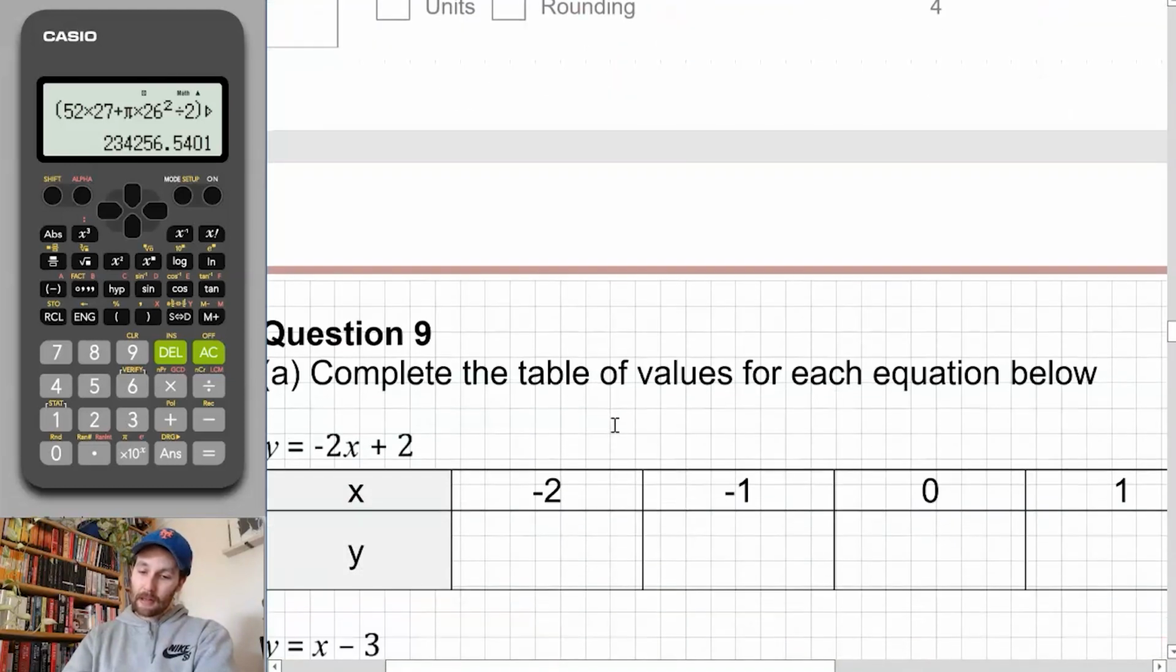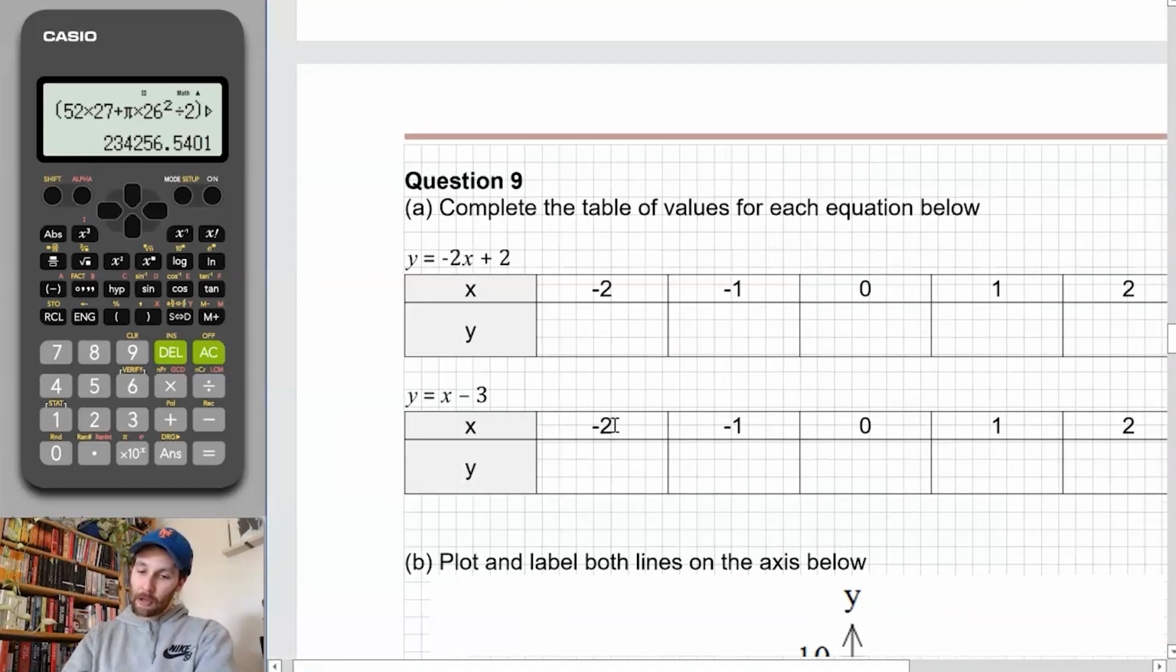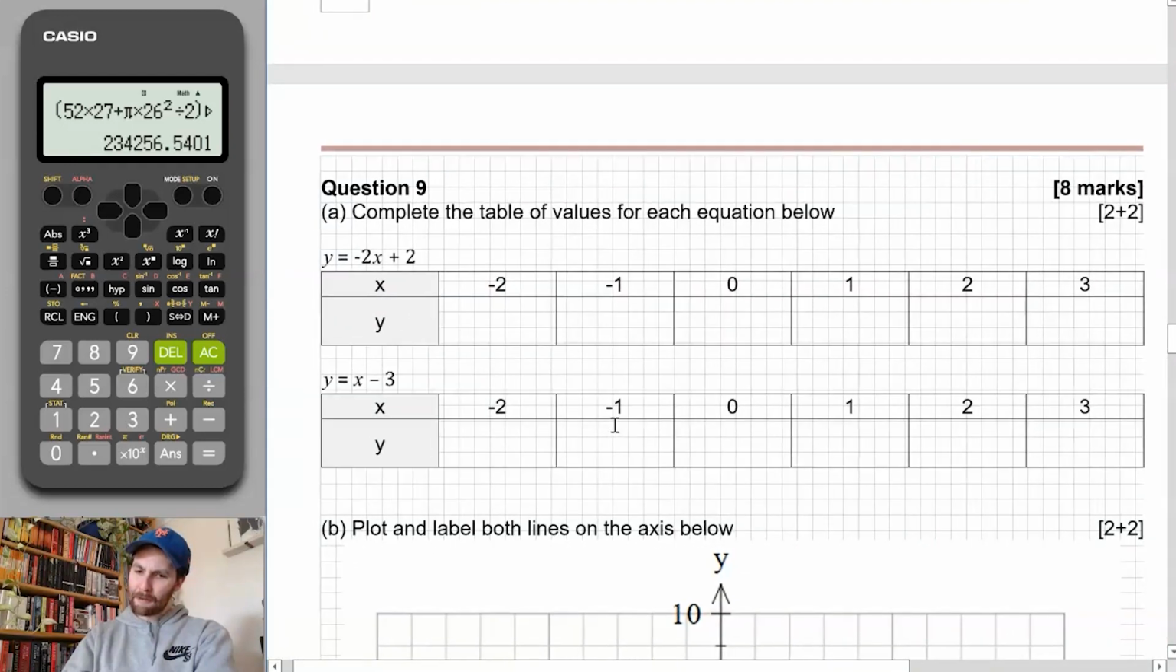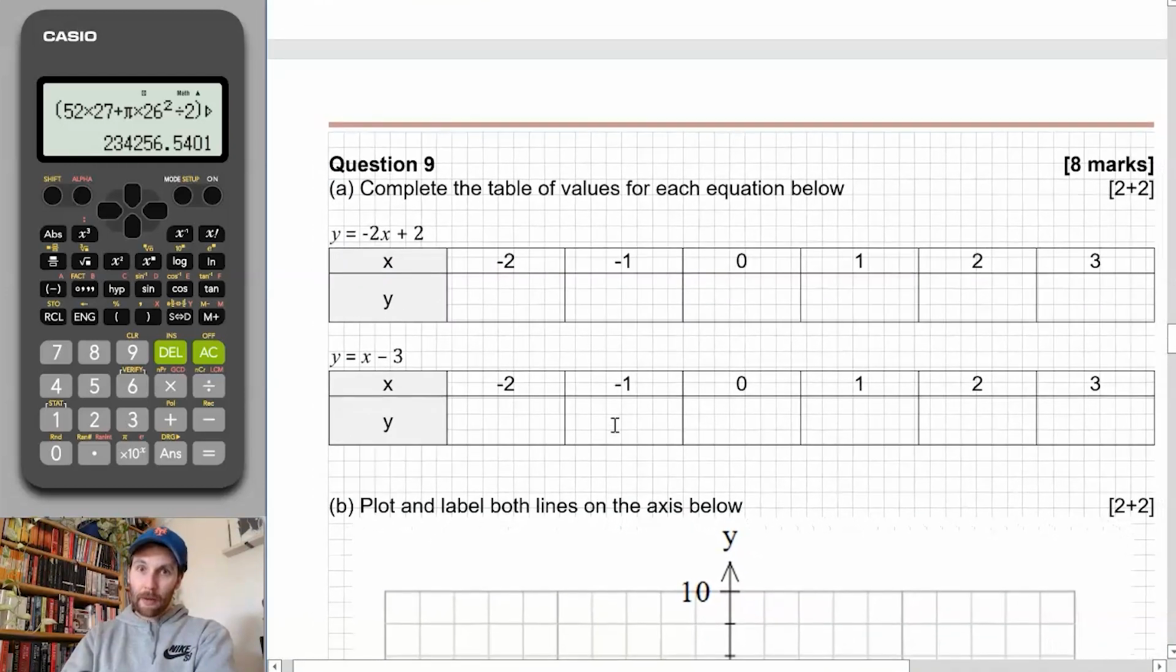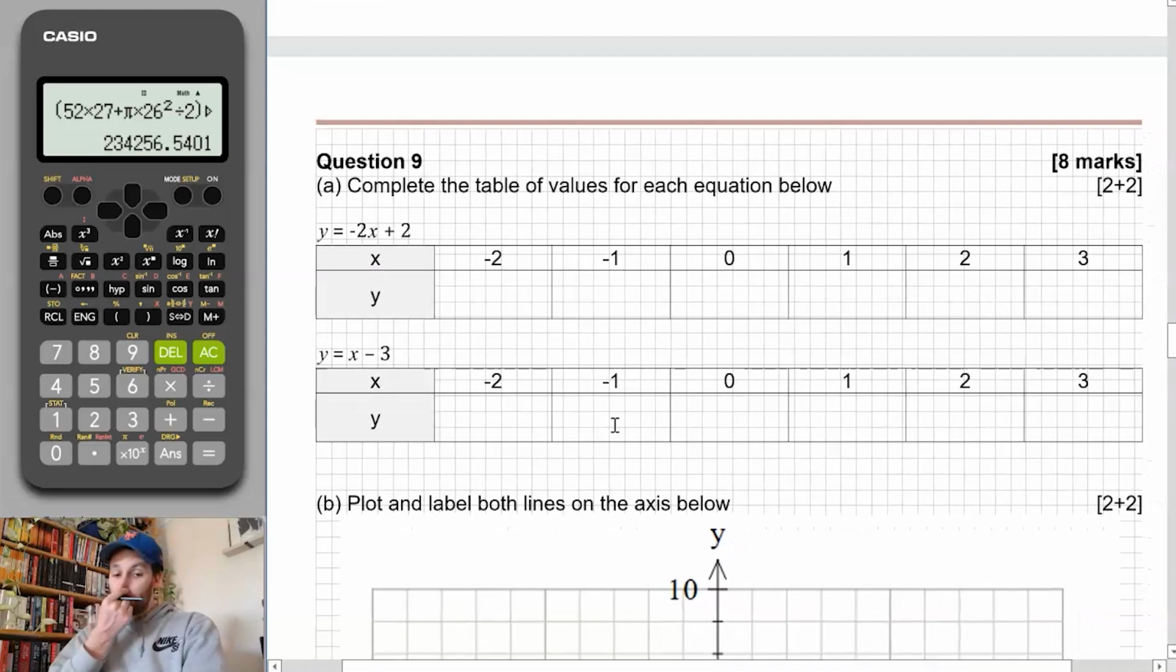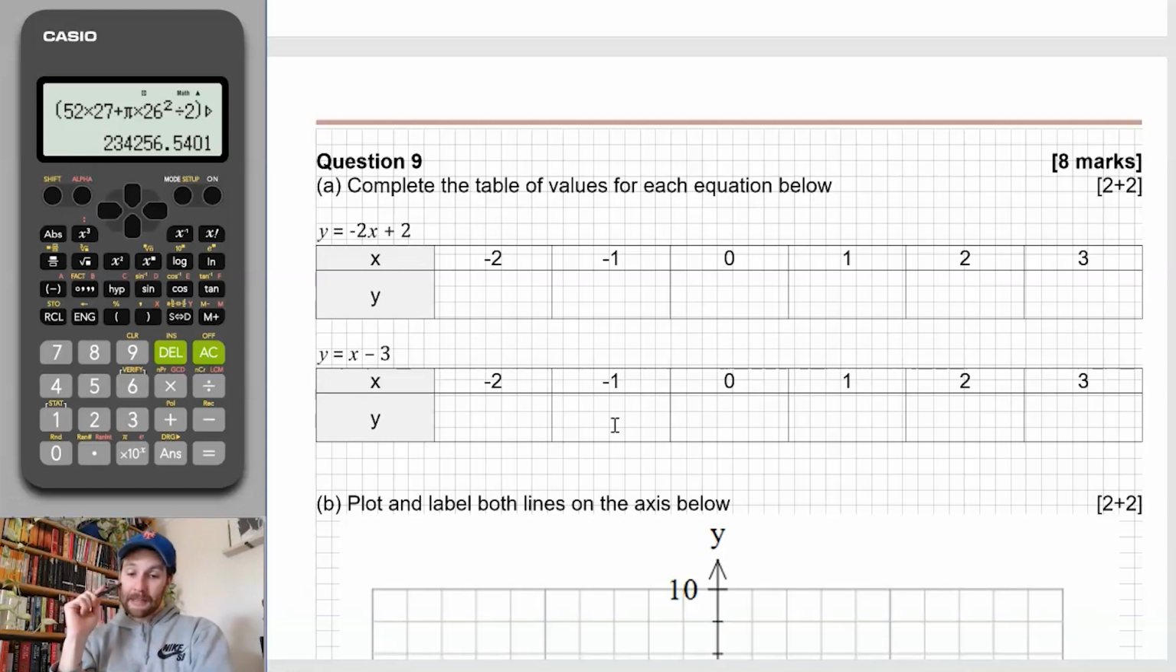Happy days. Okay, now we're on to some linear graphs. This will be the last handful of questions, I'm pretty sure. How exciting is that? Okay, first one, we're going to complete the table of values for each equation below. Okay, the easiest place to start for these ones is at x equals 0, because no matter what you're multiplying